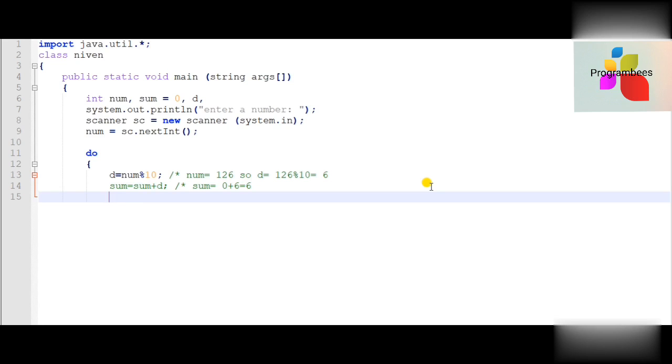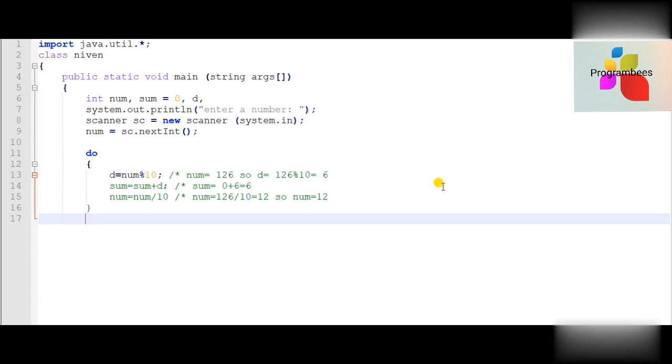Now the next step is to discard the last digit because we have already calculated it. So num equals num divided by 10, that is 126 divided by 10 will be the new number. So num equals 126 divided by 10 becomes 12. So the number is 12.